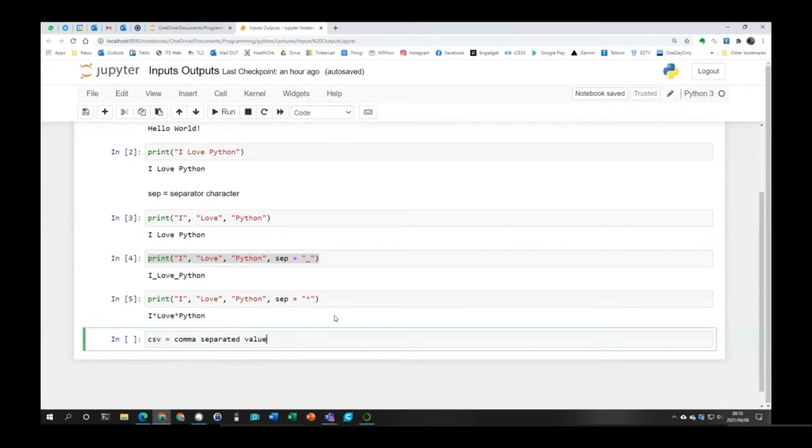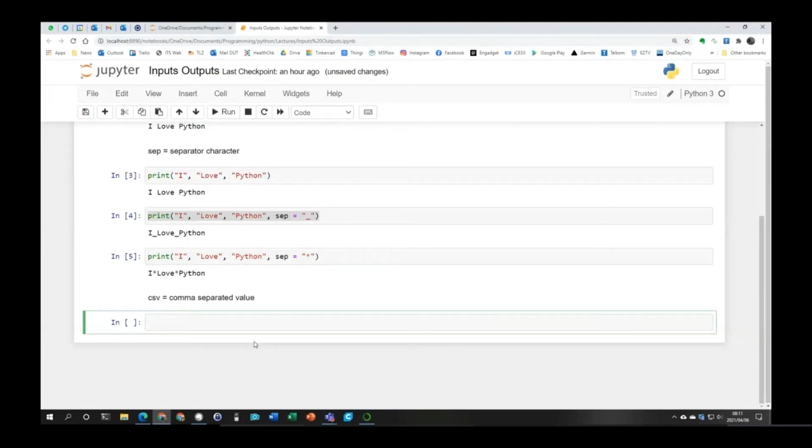Now, using the print statement in Python, it's very, very simple to create your own CSV file. If we have a line of code which consists of a whole lot of data, if I say print a